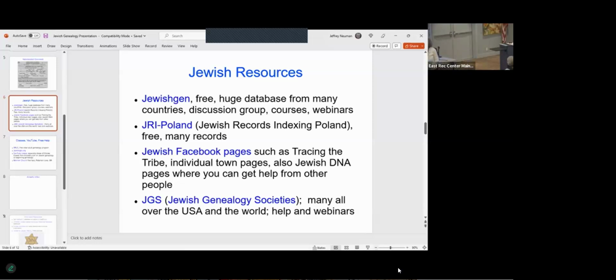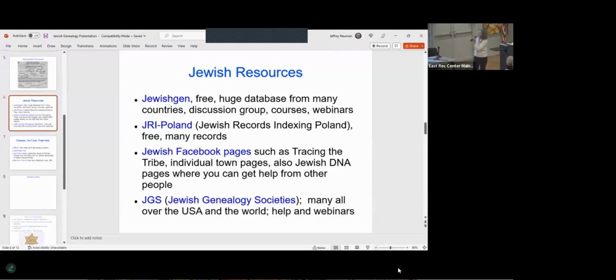So there are about 700 Yizkor books available, and most of them are written in Hebrew or Yiddish or Russian. Some have been translated on JewishGen. And it's a very interesting style, the way they write. It's not the way we would write something today. So it bears some looking at.